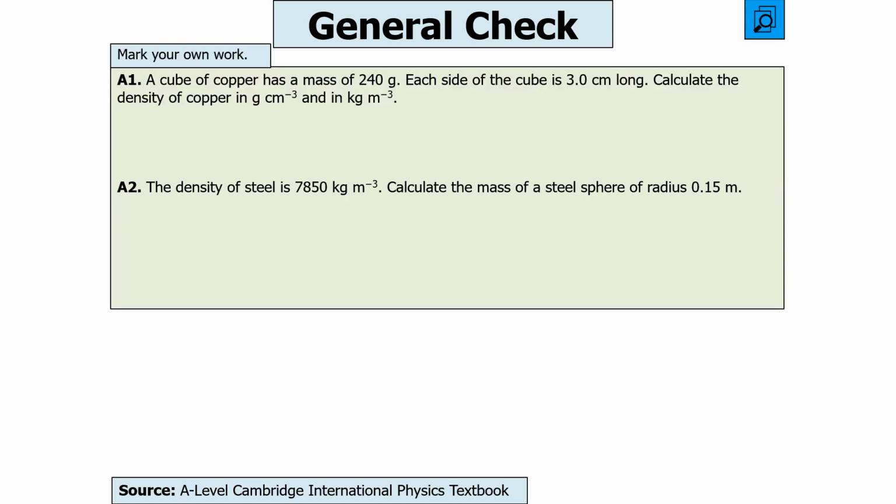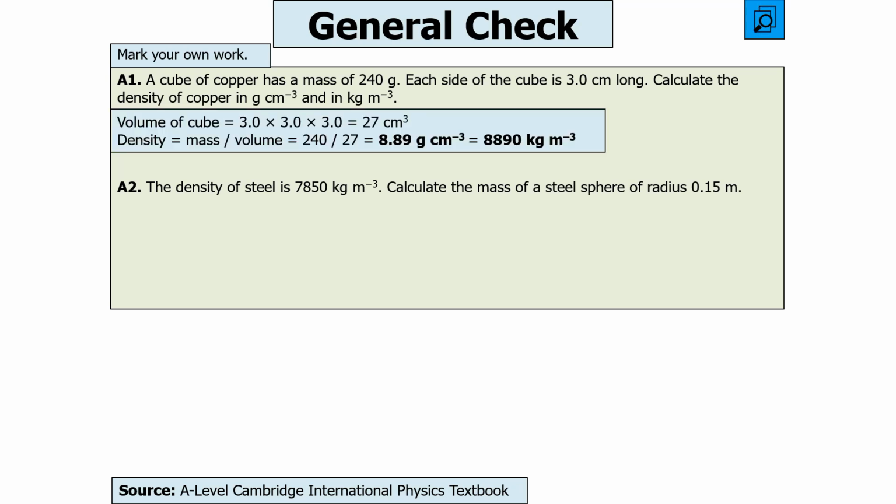Right, in this first question, you've got to work out the volume of the cube because density is mass over volume. So we can say that the volume of the cube, because it's a cube that all have the same dimensions, will be 3 centimeters times 3 centimeters times 3 centimeters, which is 27 centimeters cubed. Density is then mass over volume, so it's 240 grams over 27 centimeters cubed, which is 8.89 grams per centimeter cubed. To then turn that into kilograms per meter cubed, we've got to multiply by 10 to the 3 to go from grams into kilograms,